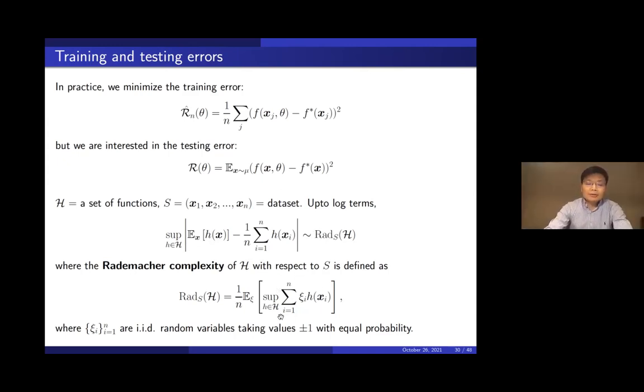First of all, it's defined for a set of functions, a hypothesis space, with respect to a training data set. It measures the ability for that set of functions to fit random noise over the training data set. If one can fit random noise over the training data set very, very well, that means the complexity of the hypothesis space, the set of functions, is very big. Then this is big.